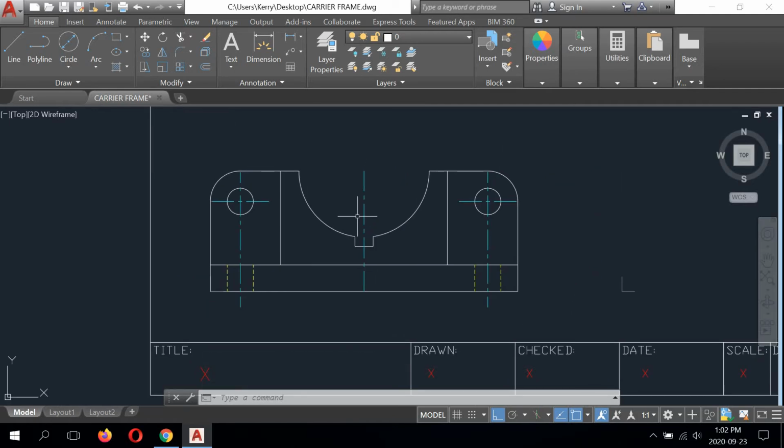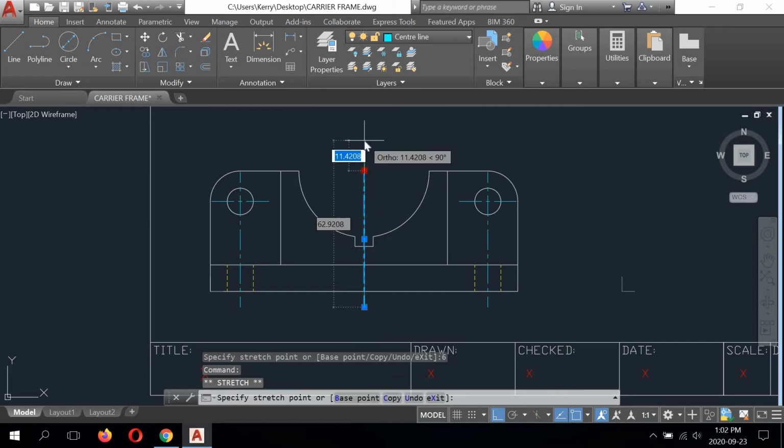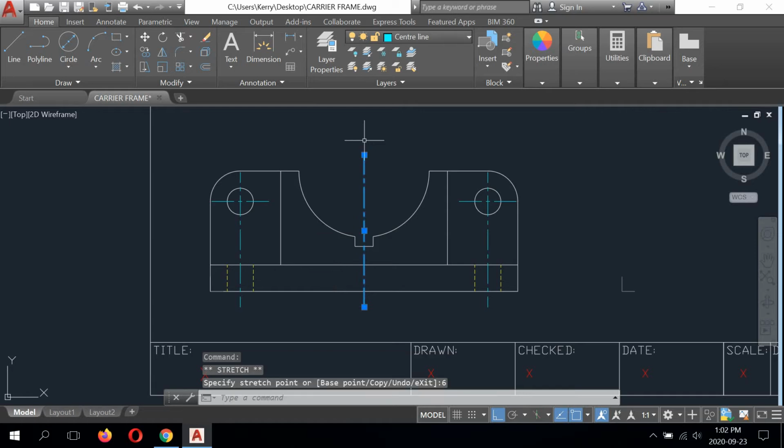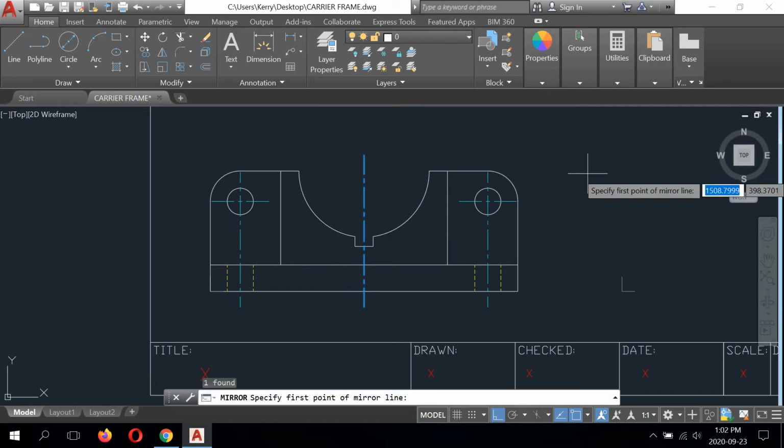And the last thing that we have to do with this is extend this center line 6 millimeters more in the middle and extend it 6 millimeters up vertically above. And this should complete